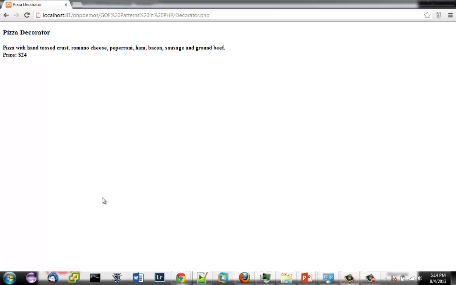So here you can see how I'm dynamically adding behavior to the original pizza by tacking on various decorators to that pizza. So I can have dynamic behavior by selecting options from lists or whatever, and just tacking that on to the chain, and then just calling the chain to do all the operations, whatever it may be for this particular decorator pattern.